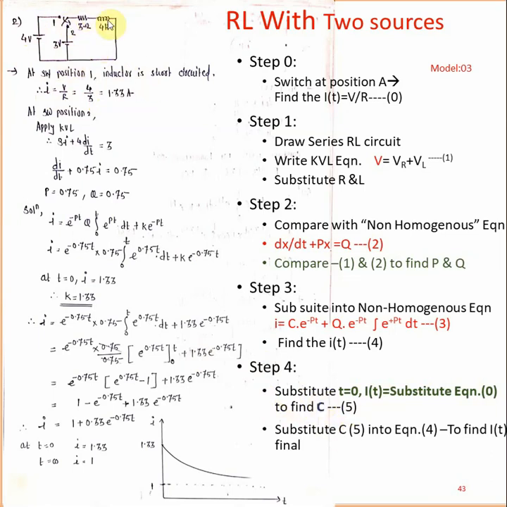Okay, then you come to this one. Source is present, switch number 2 is closed, source is present. If the source is present, you go to the non-homogeneous case only. Then as usual, it consists of 4 steps. Step number 1, find the KVL. Then write the term similar to equation number 2, then it is easy to compare. I find the p value and q value. Once found, substitute into equation number 3. I have written equation number 3. Substitute in the p place and the q place.